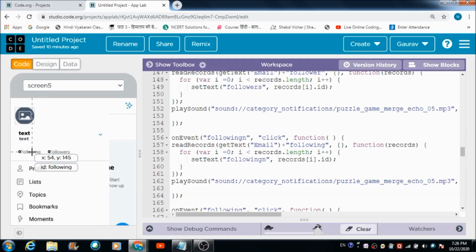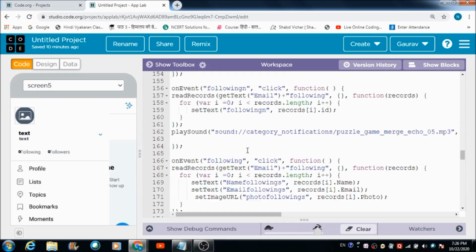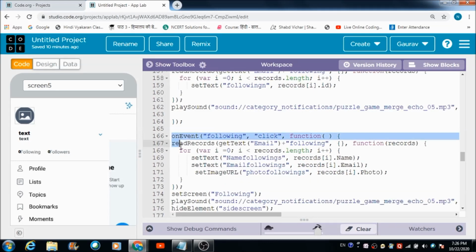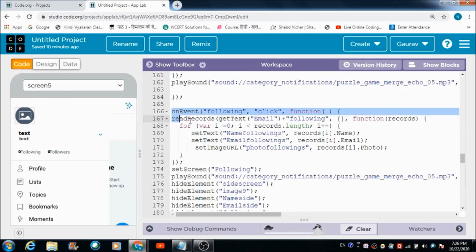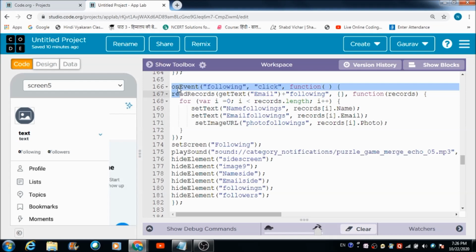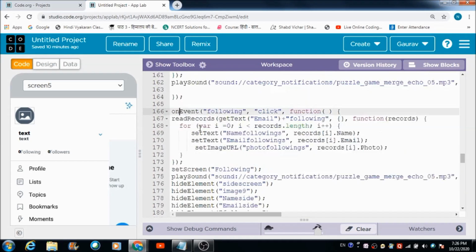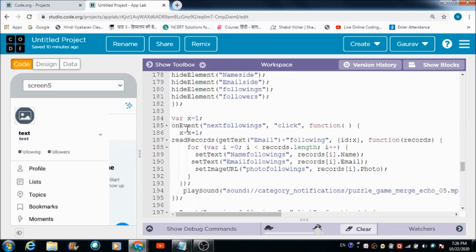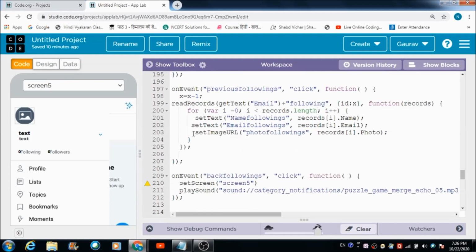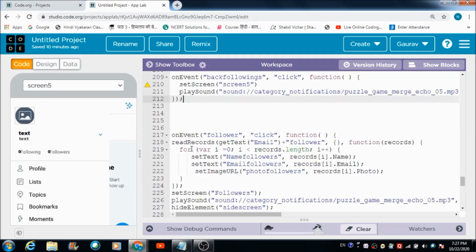This is the following button, and this is the point from where its coding is starting. So what I have done, I've copied the whole code from this point till this point, and I have pasted the same here, and I have made use of this code for defining the code for